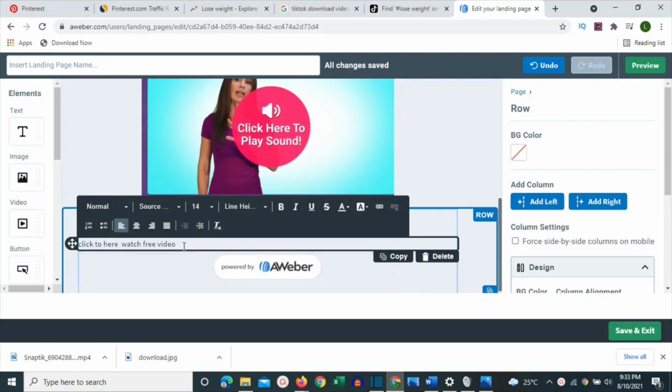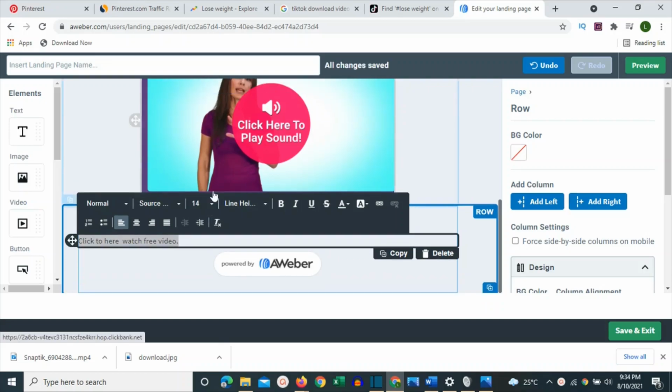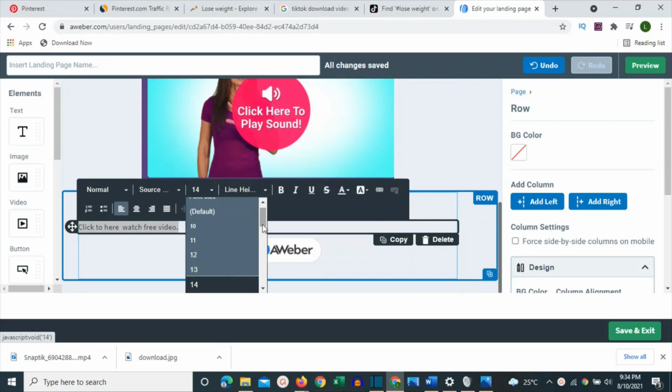So what you are going to do is highlight this. Let me put it well. Put the first one as capital, then let me put my full stop here. Highlight your text, then come here and increase the font of your text. Let's make it bigger. You're going to go for 32.